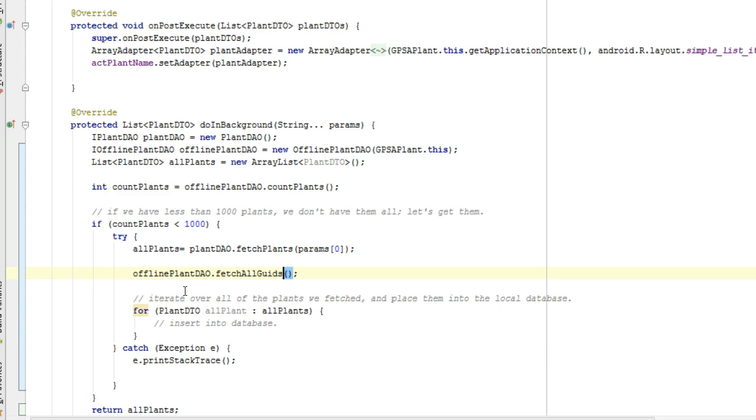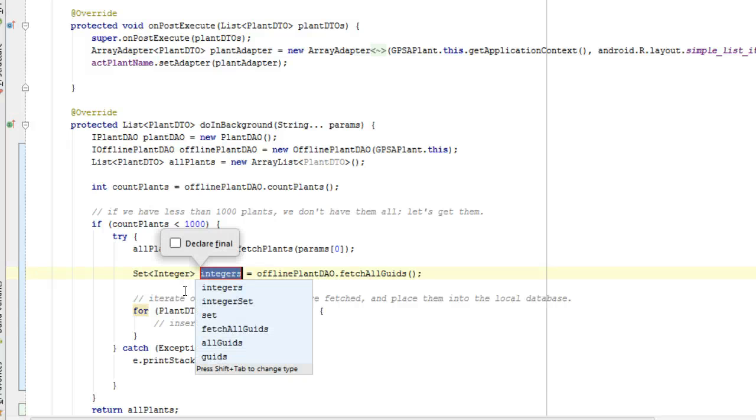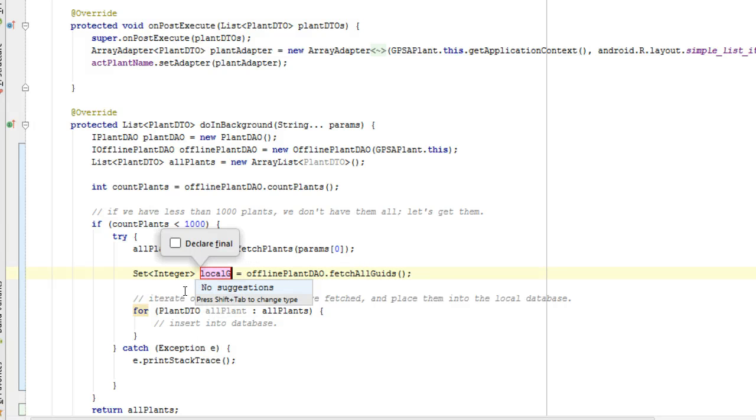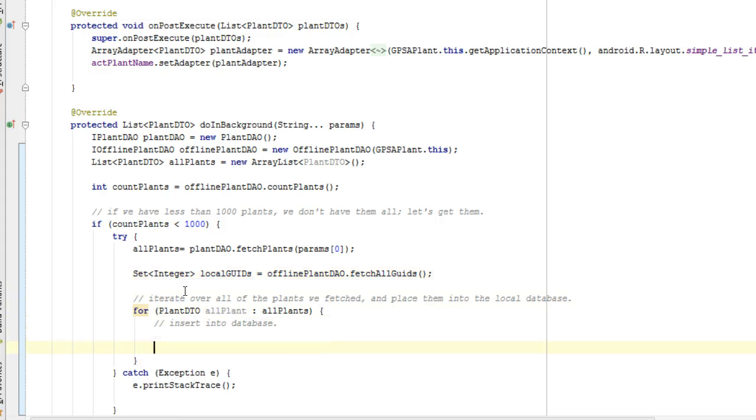Fetch all GUIDs. That gives us all of the global unique identifiers for all of the plants that are in our local database. Okay, so Control-Alt-V assigned to a local variable, and we'll make up our own names. We'll say local GUIDs, or whatever you want to call it. That works for me. Okay, now in the for each loop, we're going to say, okay,